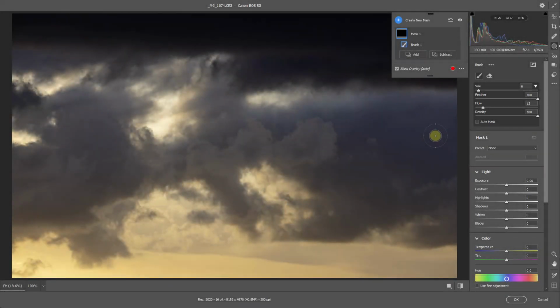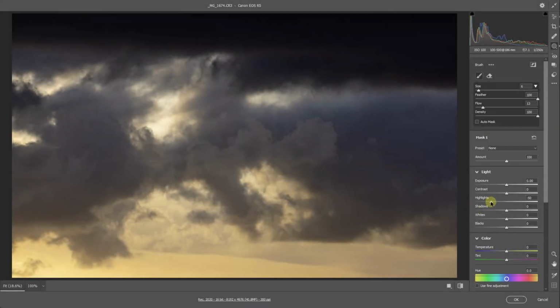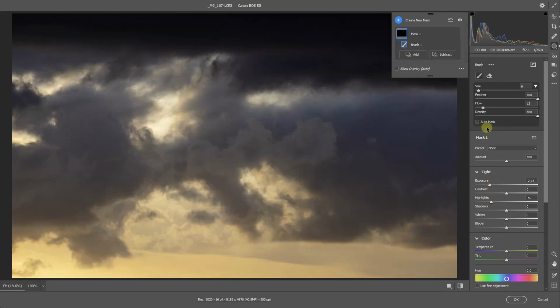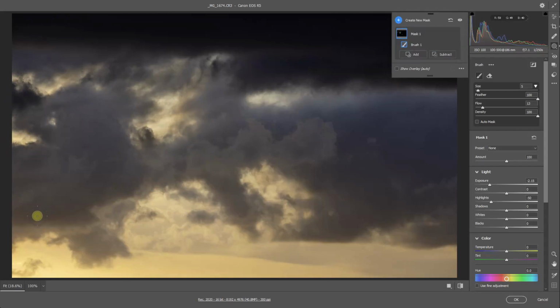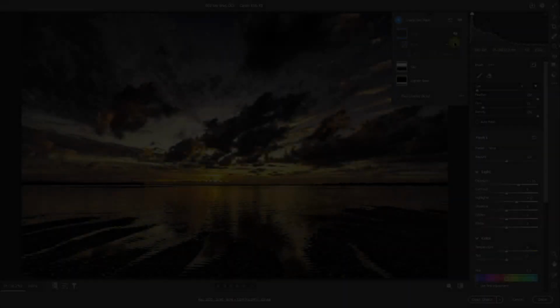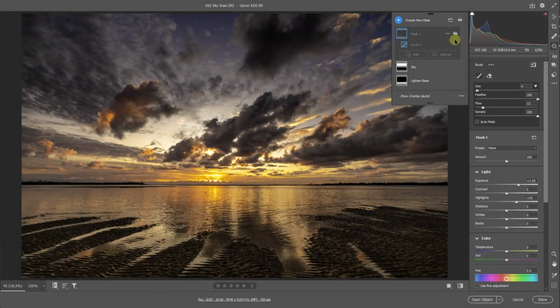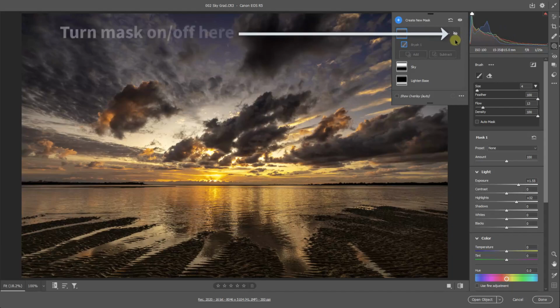Now, I like the freedom this style of masking allows me, but I suppose we could say that it's better for areas of an image that do not have a defined edge. If we did have a defined edge, then we're more likely to use either Select Subject, Select Sky, or Select Object. With this image of a local beach, I've used exactly the same technique, where I've applied the sliders first